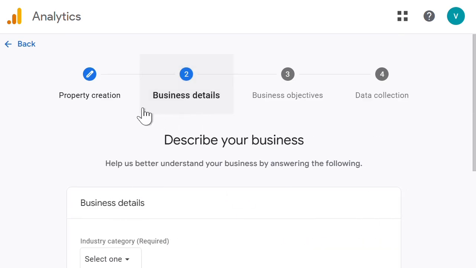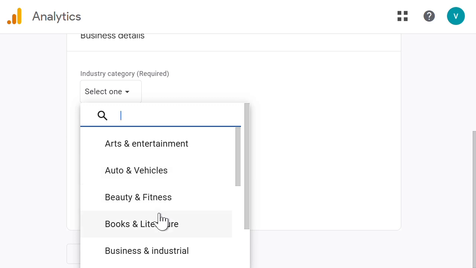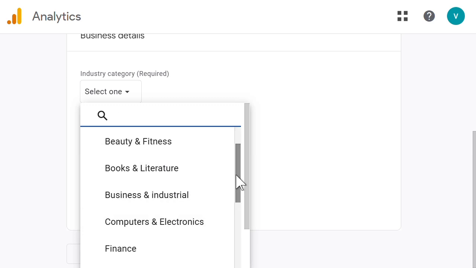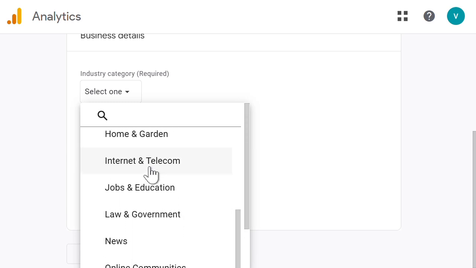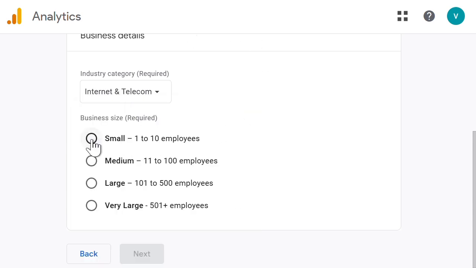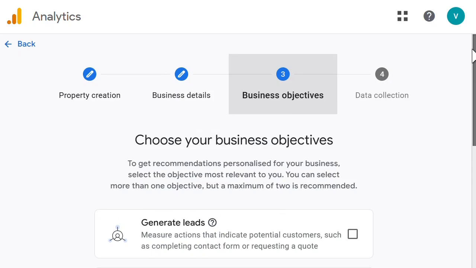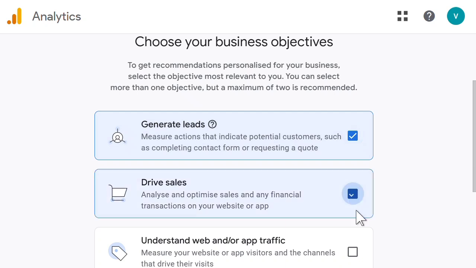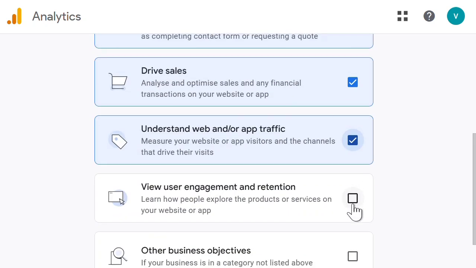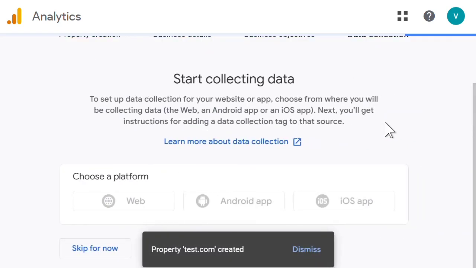So click next, enter your business information. For example, select industries that you work with. For example, I can say computers, or I can say internet. For my website, it's small, so select size of your business, or you can select business objectives. I generally select all these options, so in reports you will have related menus. Then click create,